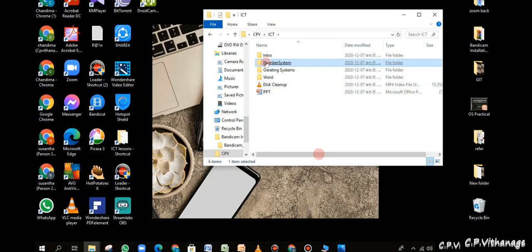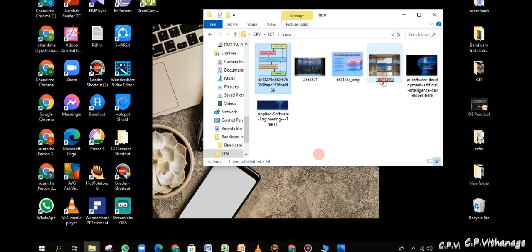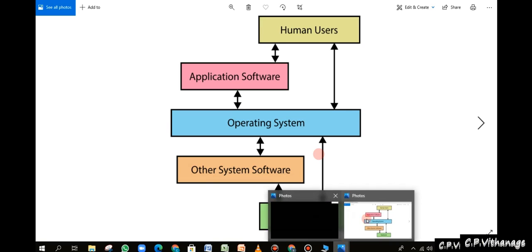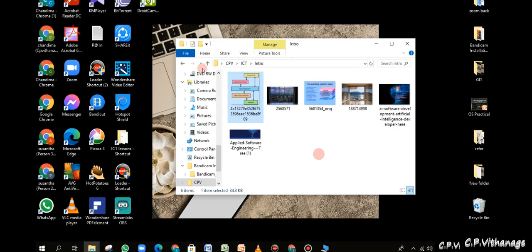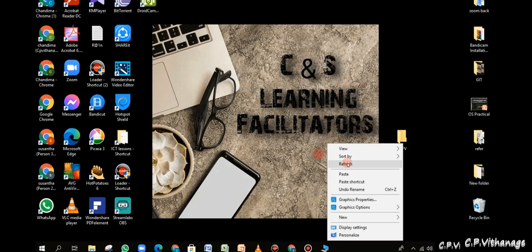Think you want to send this to someone else. Think I want to send this to someone else. So what can I do? Now there are several files inside there. So if I want to send it, I have to attach one by one, because I can't attach this folder. It's open one. I can't attach this. So I have to attach it one by one. But when you go to